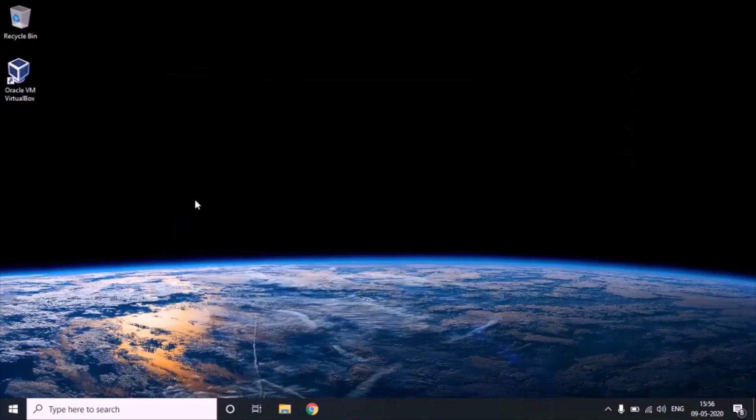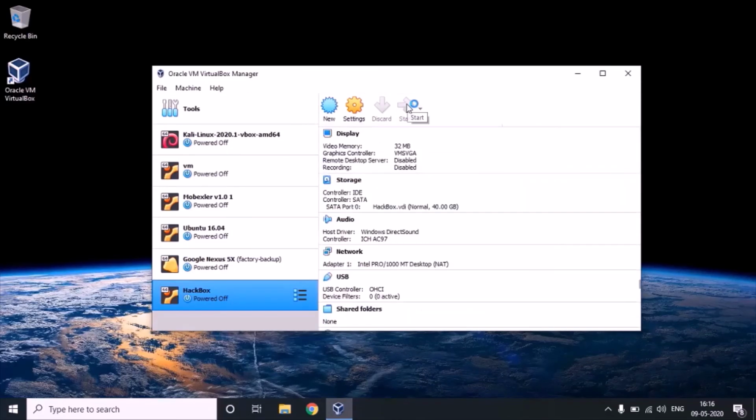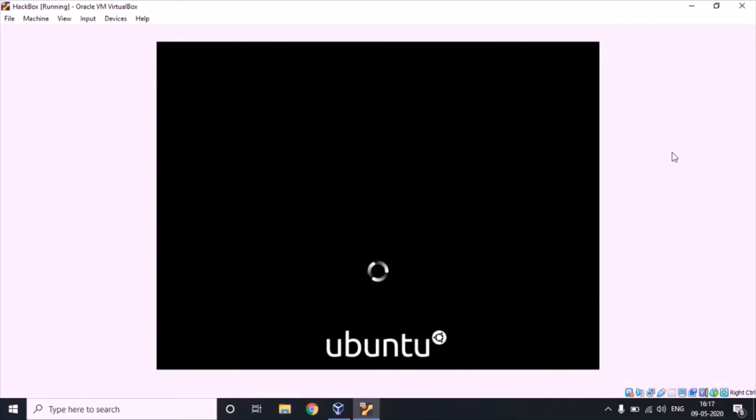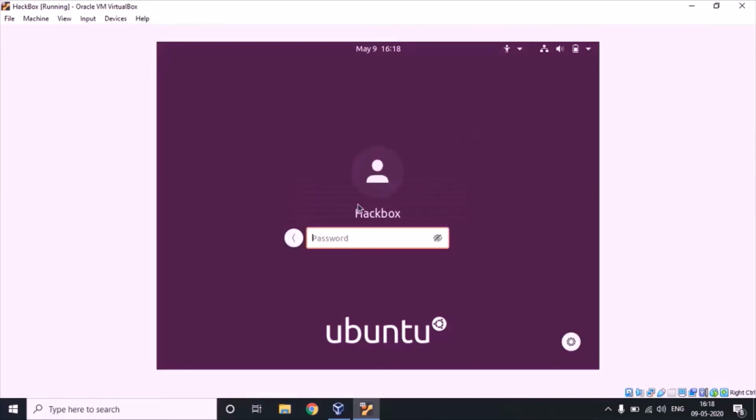We are doing the power off and we'll close the VirtualBox and start everything again. Select this and click on start. As you can see, the screen is still small, so don't worry, just log in.